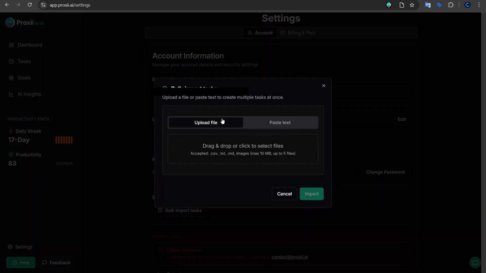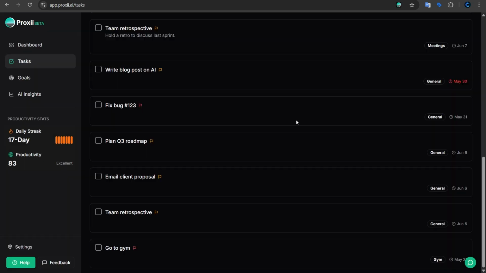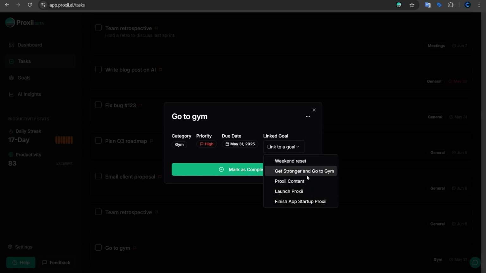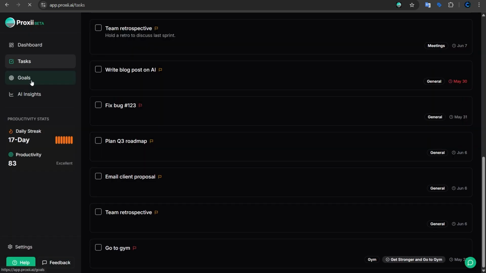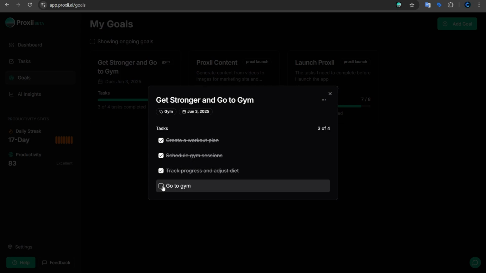One more thing, you can just do a plain text, like, go to gym, priority high, due May 31st. Even with misspellings and typos, and then import that. And we can see May 31st done here. We can link it to a goal if we want to, like get stronger and go to the gym. Go to the goals page, check it out, get stronger, go to the gym. Task is here, complete it,